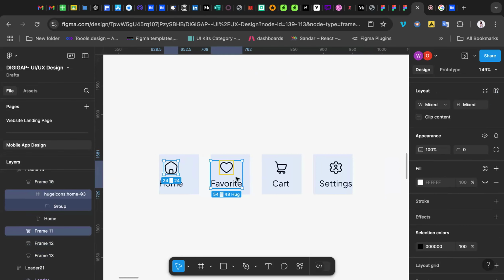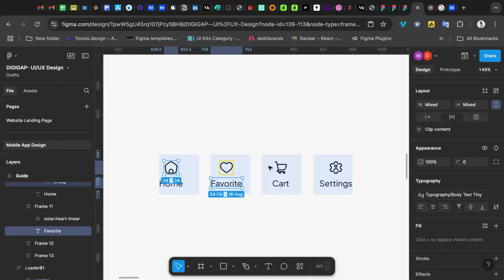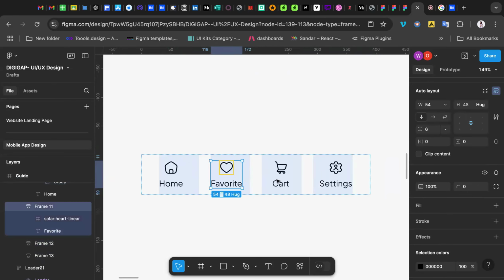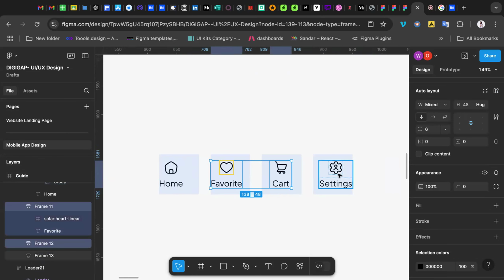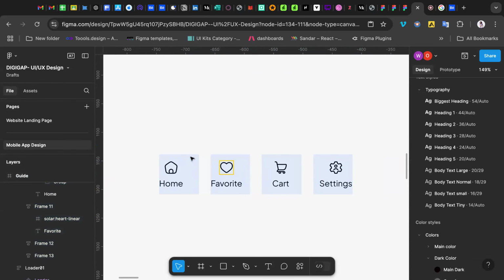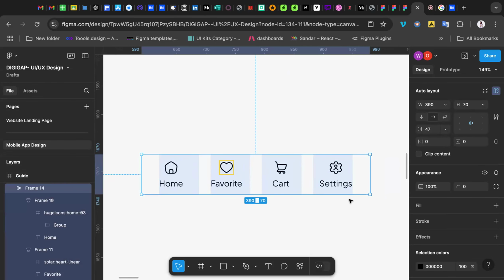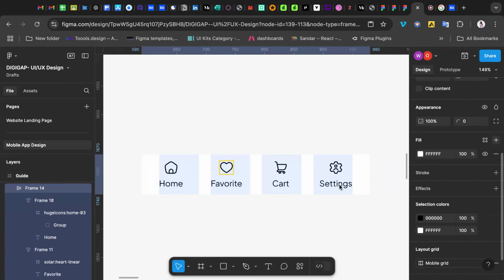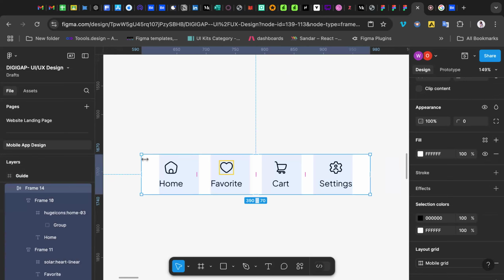So I'm going to click them one by one and then make sure each of them is positioned at the center. Yeah. So this is what I have. So I'm just going to give this a fake color of white. And I'm going to corner this part and this part. I don't want to corner this place and this place, just here and here. So what I'm going to do, I'll come to this place